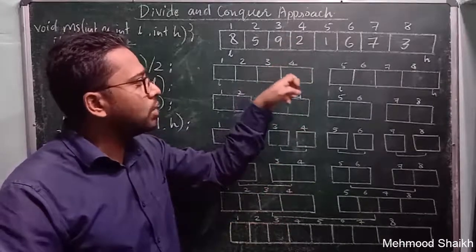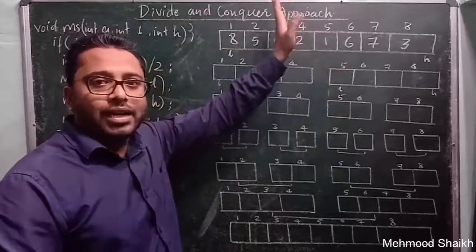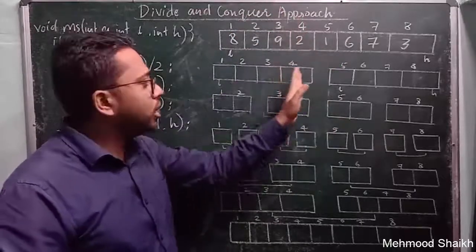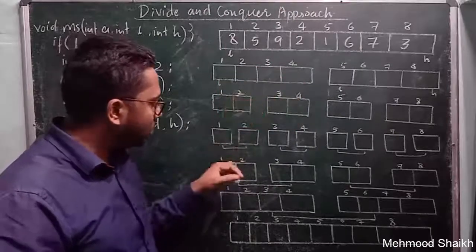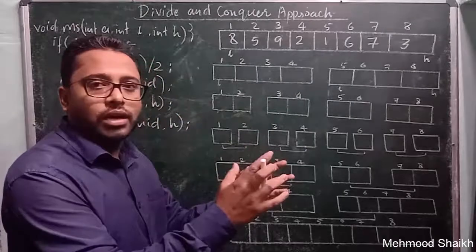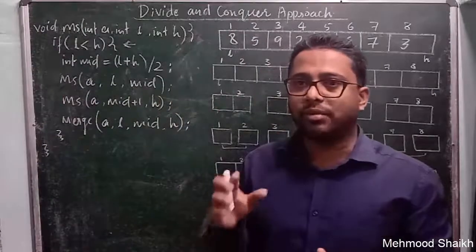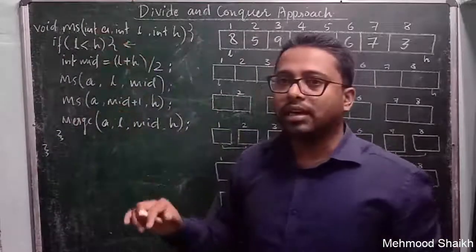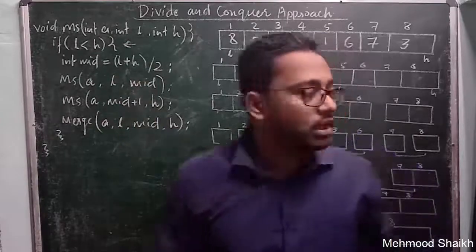So what I will do, I will apply this divide and conquer strategy on this problem and divide it into two subproblems, and I will keep on doing the same thing until I reach the smallest unit of the subproblem, and then I will conquer it and then combine. Let us see how all these things will be taken care of with the help of this algorithm which works on the divide and conquer approach. So now let us come to our algorithm.